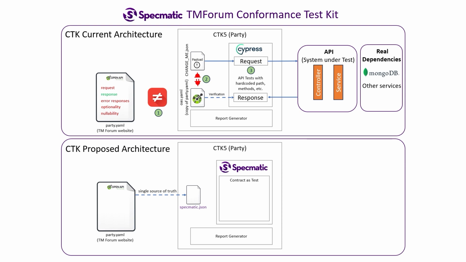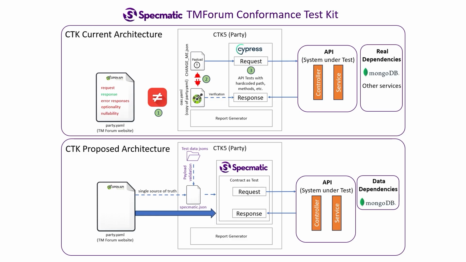The CTK would also contain a directory with test data JSON files containing the payloads for making requests. Specmatic would validate these payloads against the specification before using them, which addresses the second problem of unvalidated requests. Then, for every API in the specification, Specmatic would run contract tests using the validated payloads and would validate the responses again using the specification. Now, while the Cypress test setup hardcodes the API definition, thereby duplicating the OpenAPI spec, Specmatic instead generates the tests based on the OpenAPI spec in a completely no-code manner,